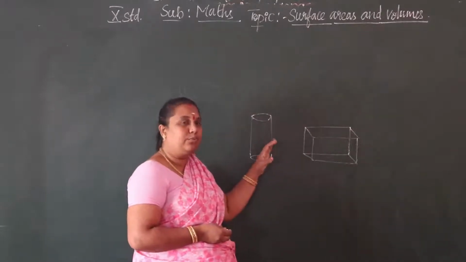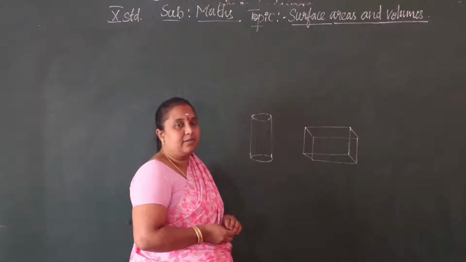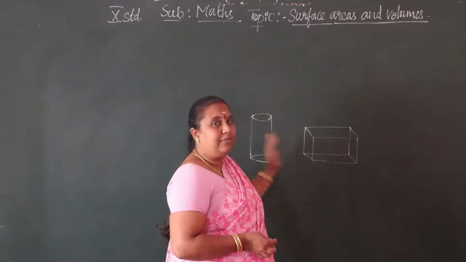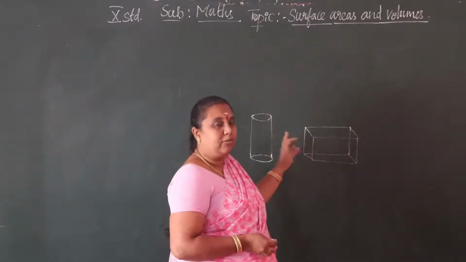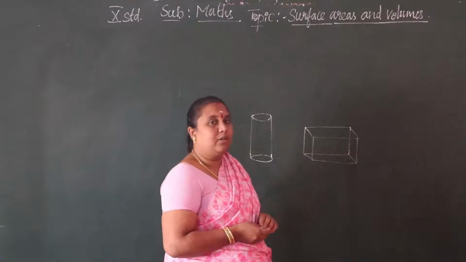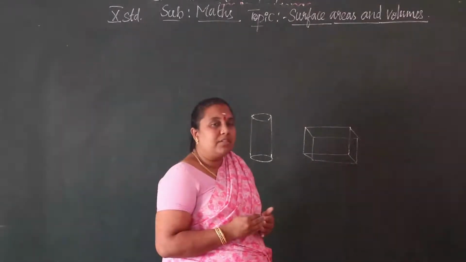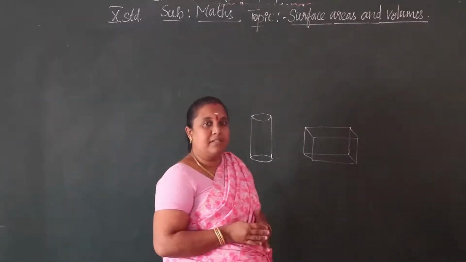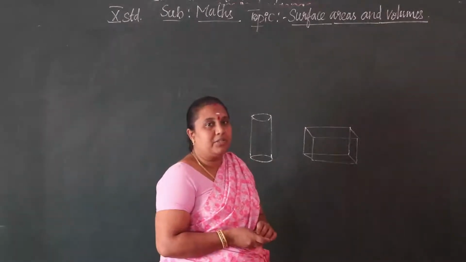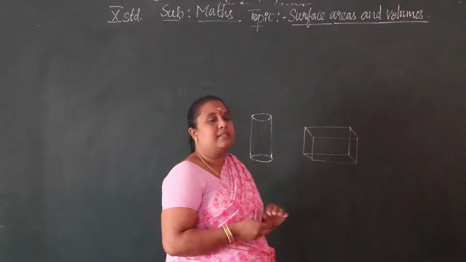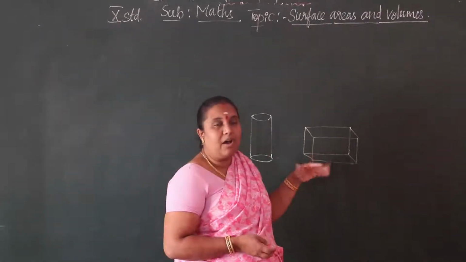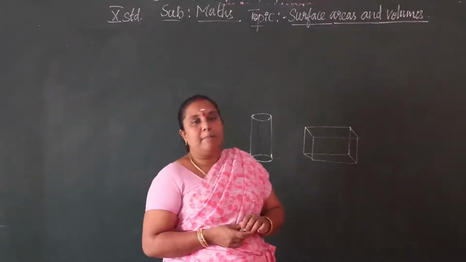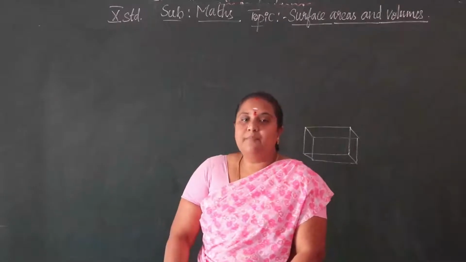Any one measure is given for the shape and we want to find the other. Or if we want to find the height, the length and breadth are given, so from that we compare the volumes of these two figures and find the height of the cuboid. Understood, children? In the conversion of one shape into another shape, we find the measurements by using comparison of the volumes or areas, anything. We have to compare these two shapes to find the measurements. So let us move on to the problems.